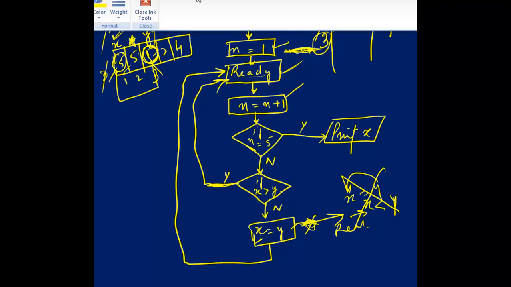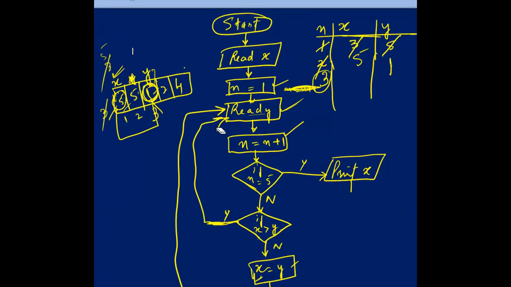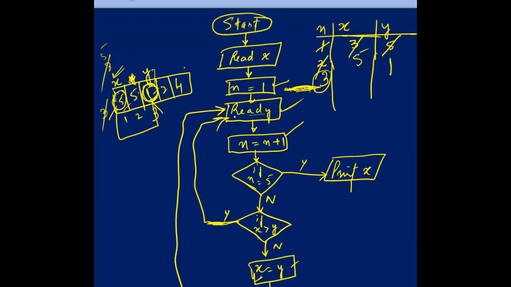Okay, now when we are reading the next number, the next number will be scanned and assigned to y. So we are writing here read y. The next number, that is 2, will be read and assigned to y. So the previous value of y, that was 1, will be replaced by the new value, that is 2. And the value of x will remain as it is. This time it will not get changed, and the value of y will become 2.